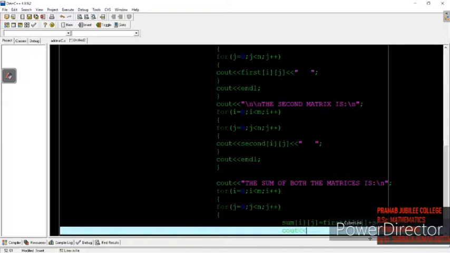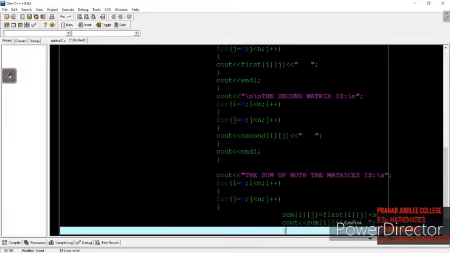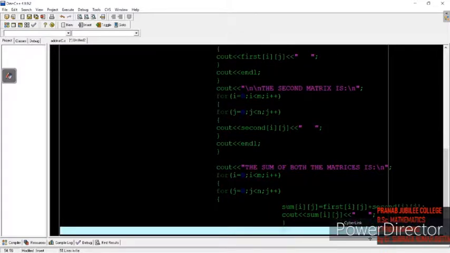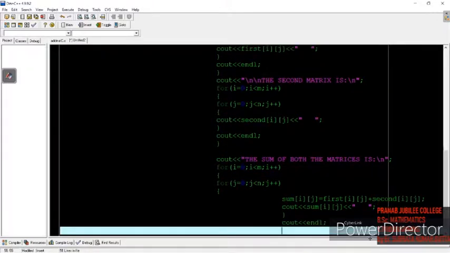So cout sum ij. Why am I writing cout and endl after the second bracket or the braces?